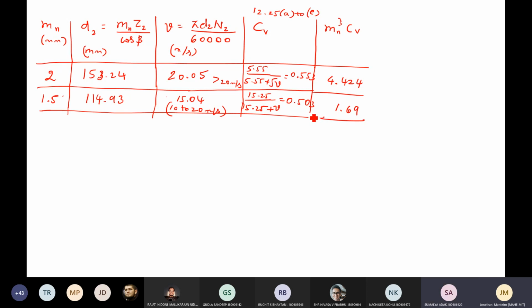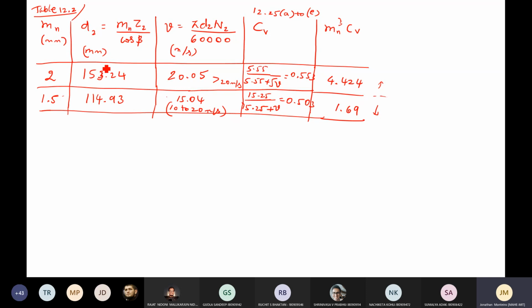1.69. So you can see that one is going lesser and one is going above. In between, of course, you may be pressured to take 1.75, but again it is choice 2, as you can see in the table. 1.75 should be choice 2 as far as we remember in the series of modules. So you can check once more in the series of tables. Table 12.2, from here you are choosing.